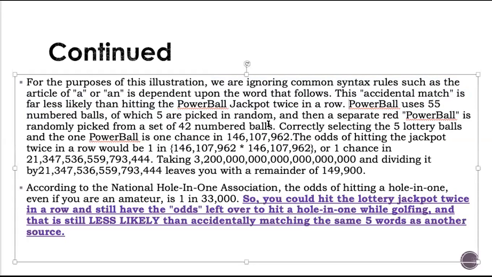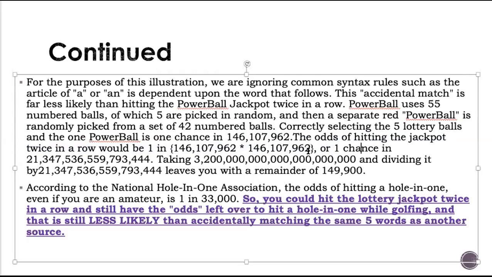Powerball uses 55 numbered balls, of which 5 are picked, and then a separate red Powerball is randomly picked. Correctly selecting the 5 lottery balls and 1 Powerball is a one in 146 million chance. The odds of hitting the jackpot twice in a row, as you can see,